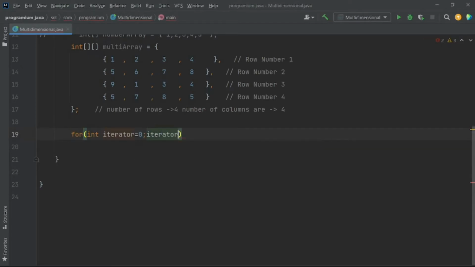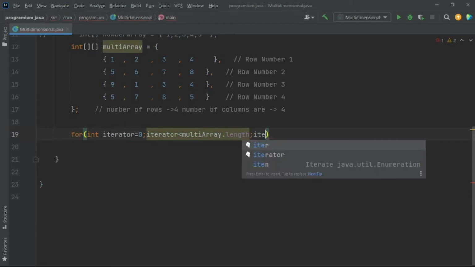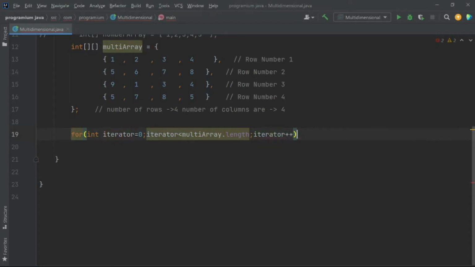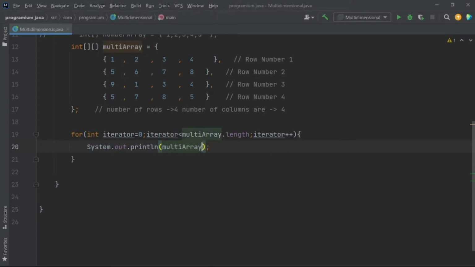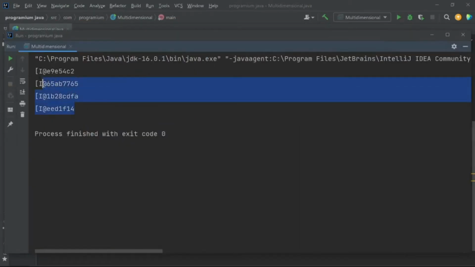The iterator would go up to array dot length, and here I'm incrementing this iterator, and let's print the multi-array and iterator. Okay, now let's run it,